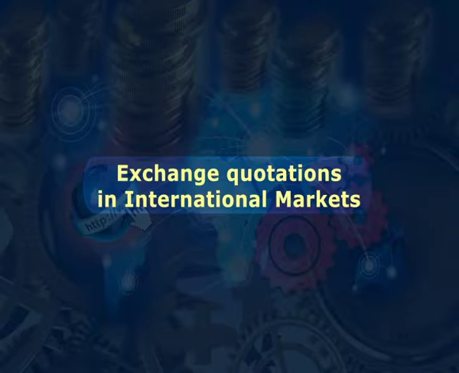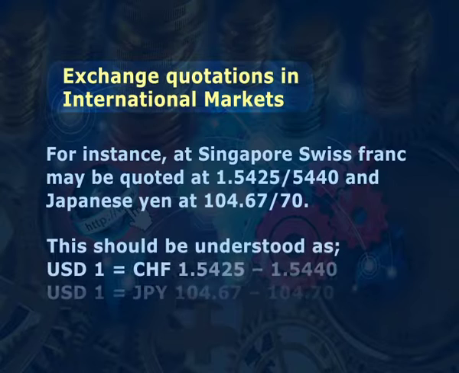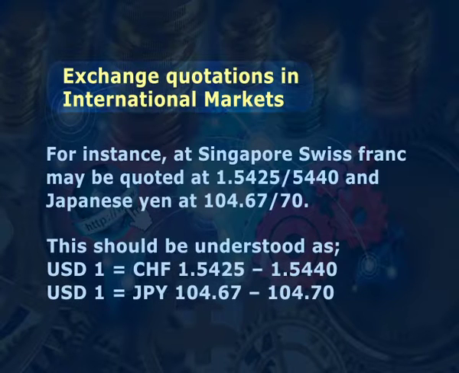Now, let us discuss exchange quotation in international market. In international markets, barring few exceptions, all rates are quoted in terms of US dollar. For instance, at Singapore, Swiss franc may be quoted at 1.5425/5440 and Japanese yen at 104.67/70. This should be understood as USD 1 is equal to Swiss franc 1.5425-1.5440 and USD 1 is equal to Japanese yen